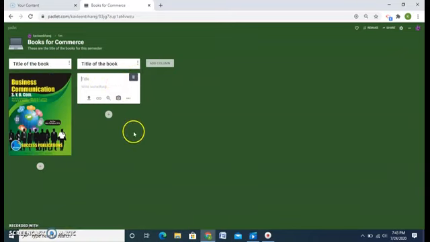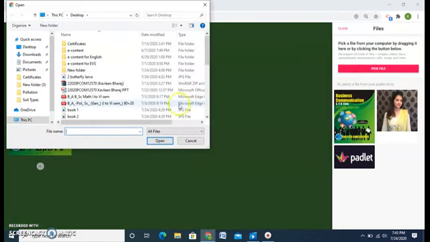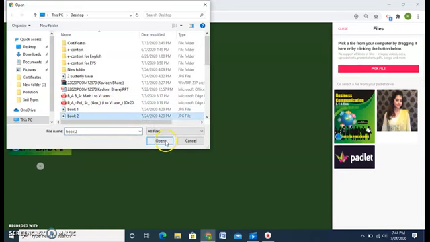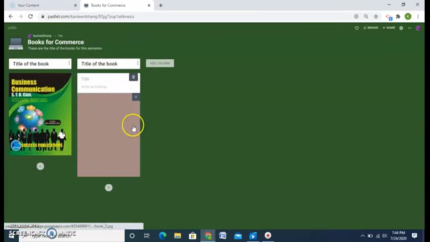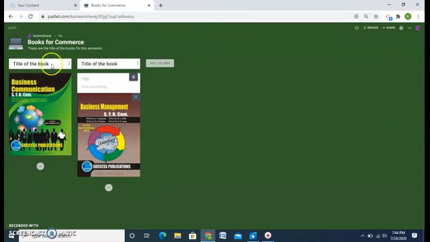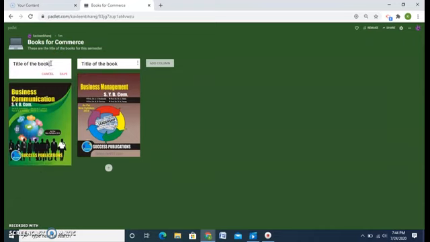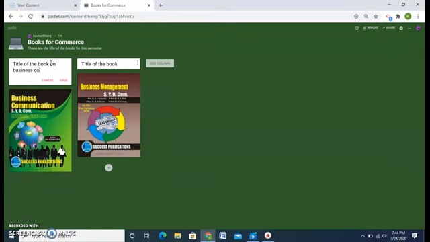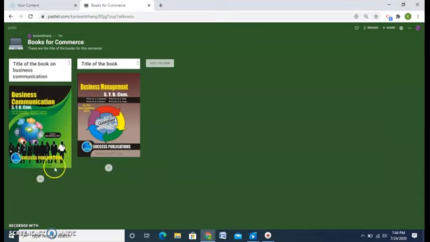Similarly, I can create another kind of again pick a file, and this time book 2, and open. Simple steps, and I can create and upload another book. So a student, if I write here, I can edit it also. Again, on these 3 lines, I can rename my column and say title of the books or business communication. So if a student finds an interesting book, a student can also act similarly, right? This way we can have books for commerce. Another way we can have in a column is,